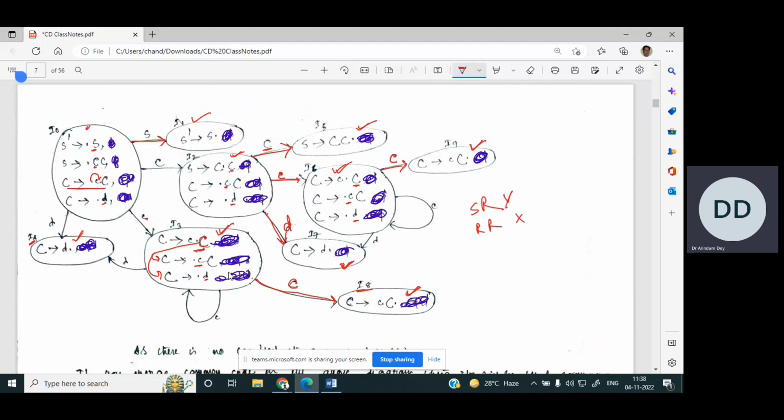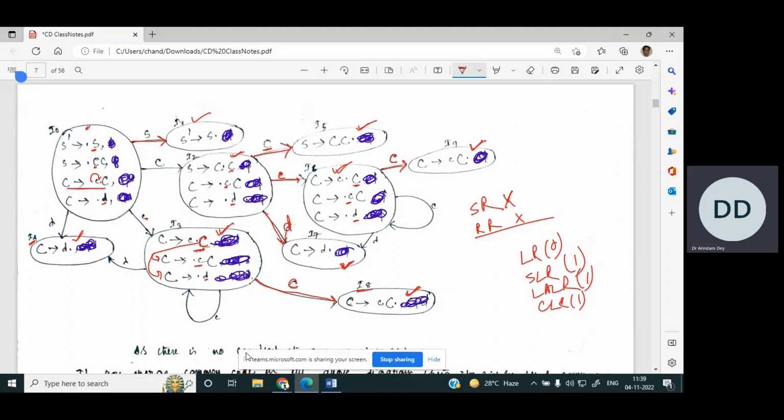No conflicts are there, right? That means now you can take a decision. The grammar is LR0 by default, and also the grammar is SLR, LALR, and CLR. All the decisions you can take over here. The grammar is there,